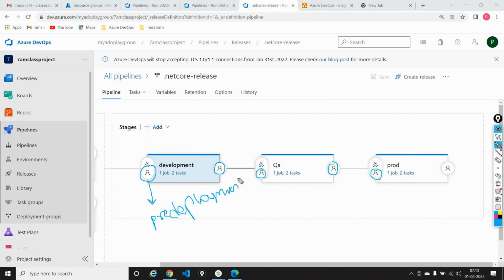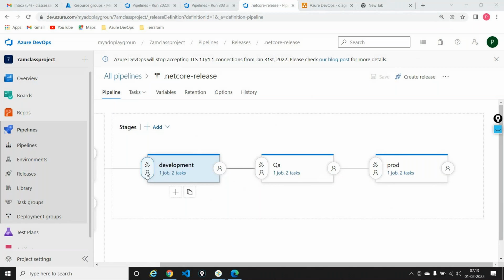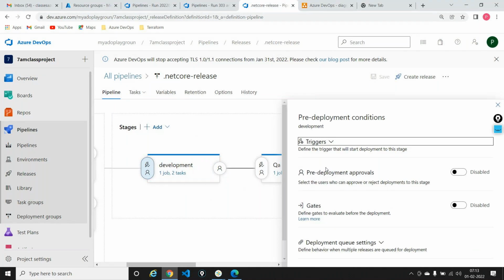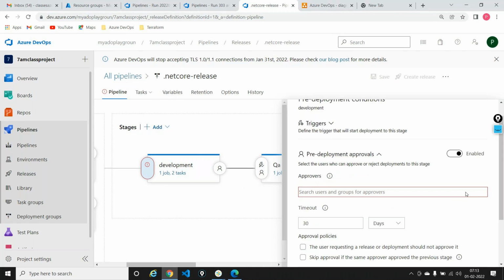Meaning, what exactly happens out here is this. If I go here and click this button called pre-deployment conditions, there is firstly something known as triggers. I'll come to that in a second. There is something called pre-deployment approvals. I'll select this, and